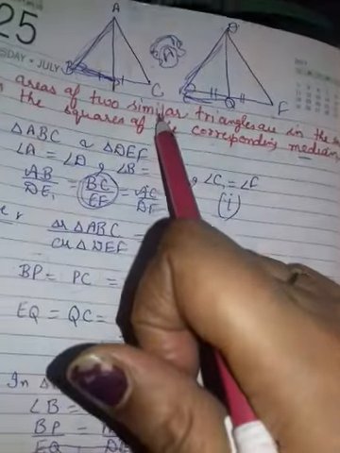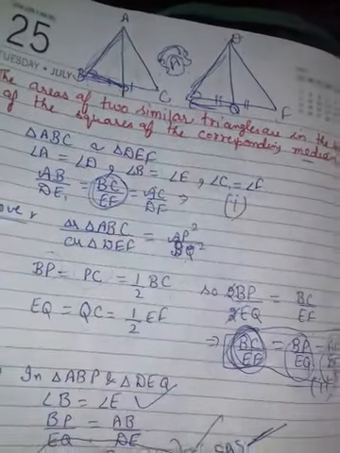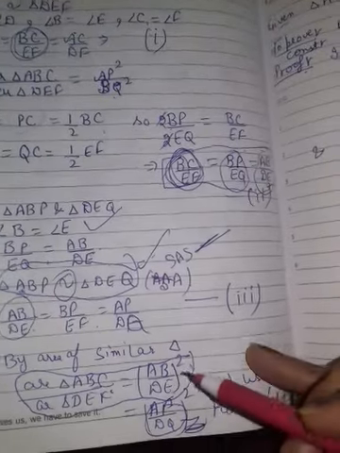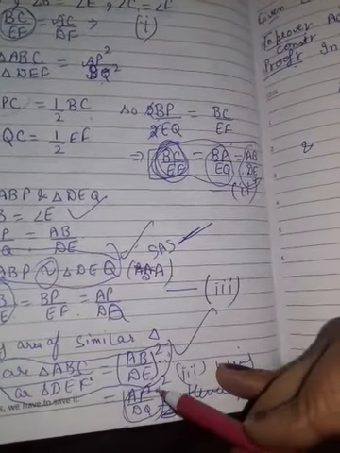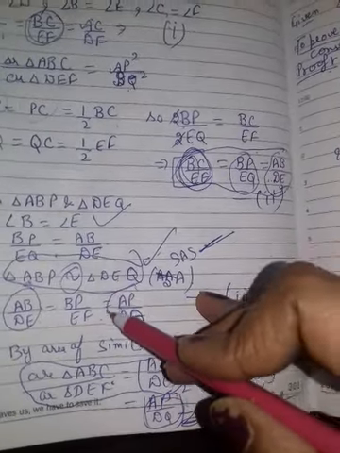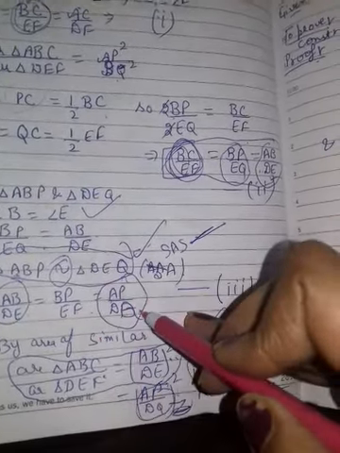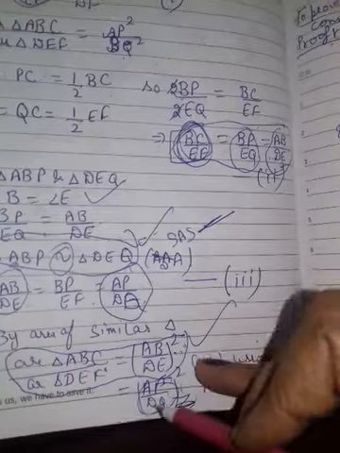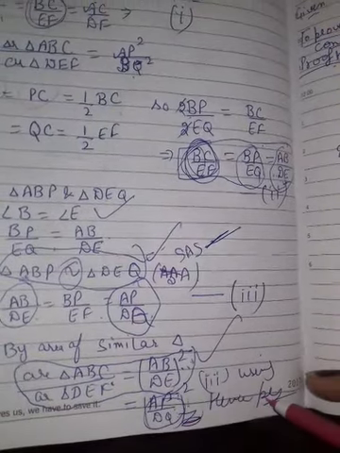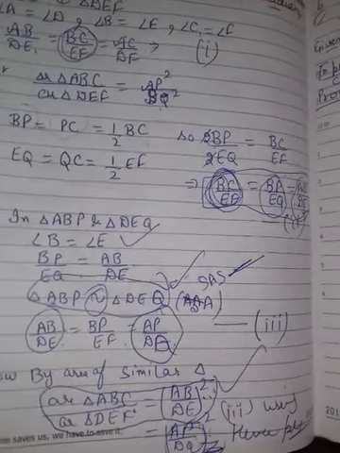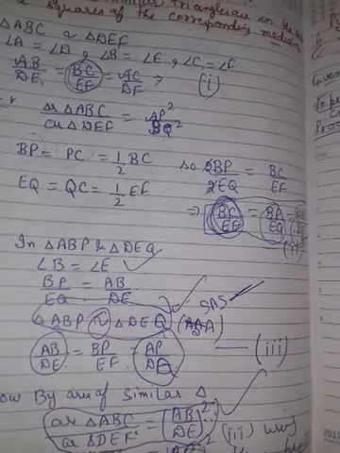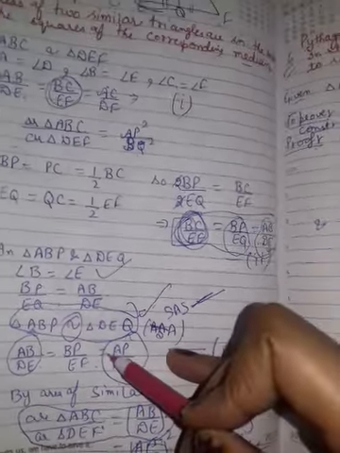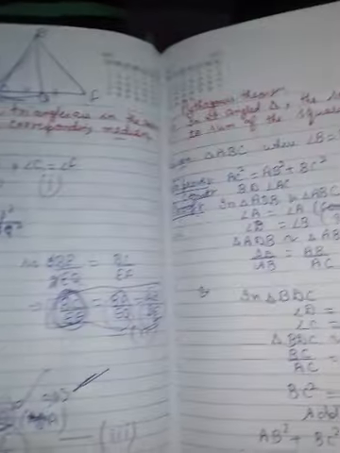Two similar triangles, the ratio of areas is equal to the square of their corresponding sides. And the triangles are what? Similar, given to you. Then we put this part equal to this because we have proved it. I replace it by this. So I hope you are getting it. If two triangles are similar then the corresponding sides ratio will also be equal. I proved it by using medians.